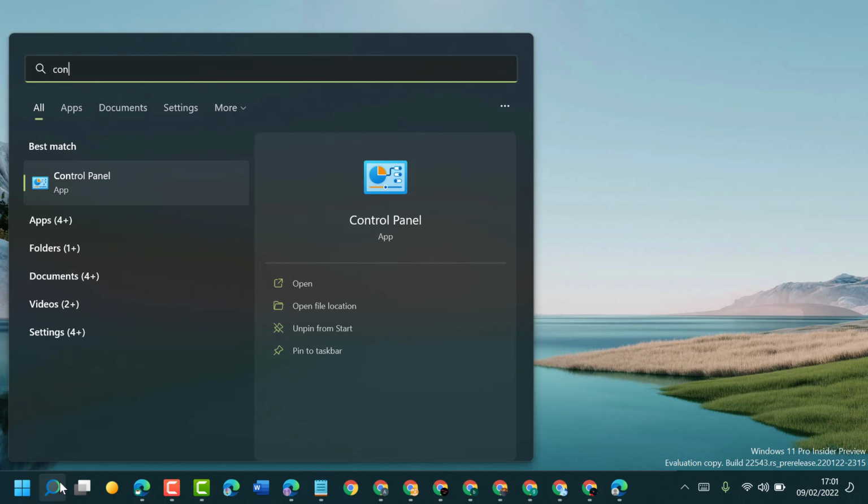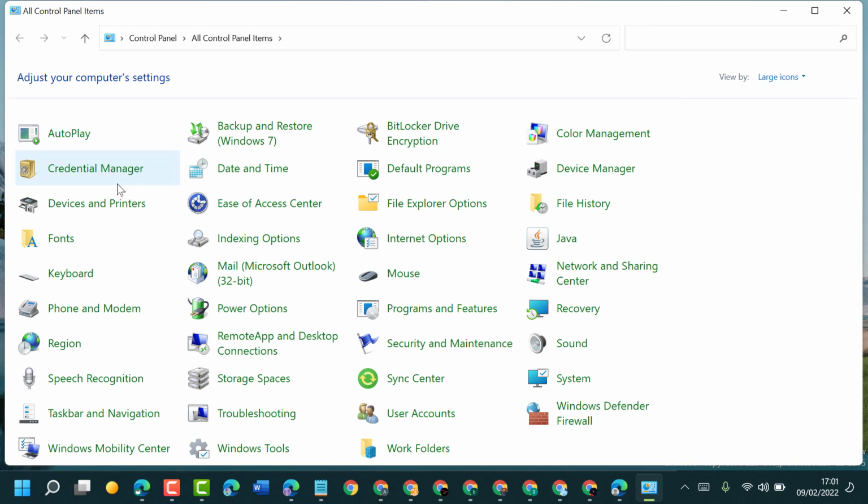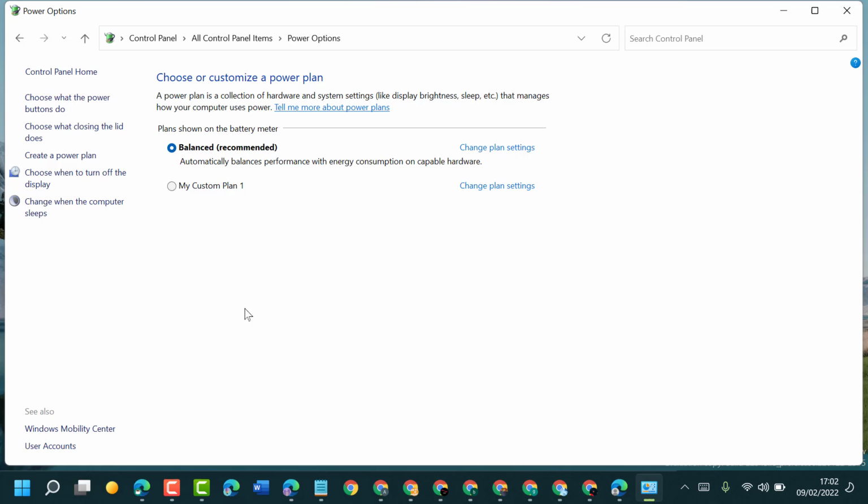control panel, open Control Panel, select View by as large icons, and in this list guys click on Power Options. So click on Power Options,